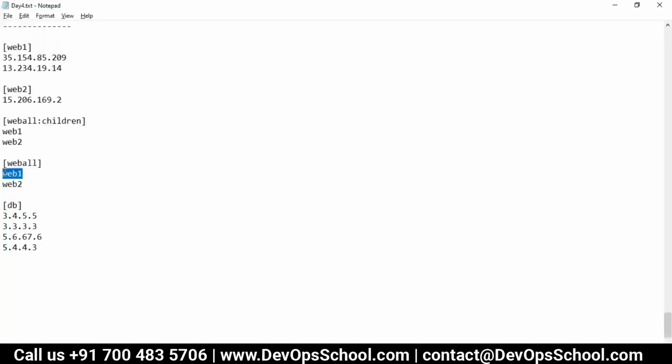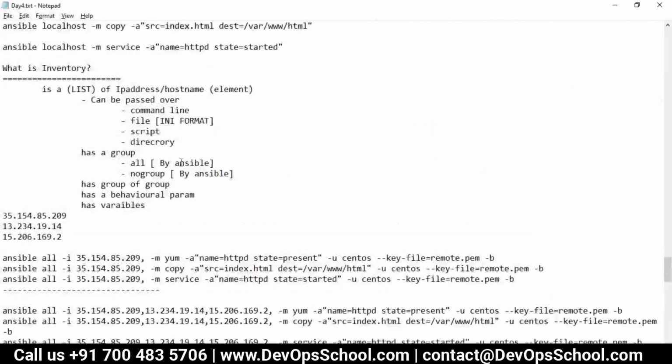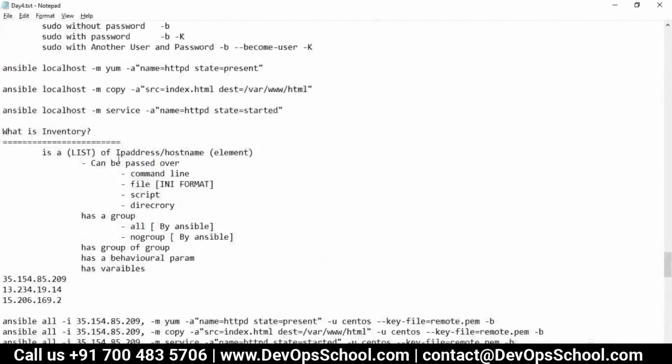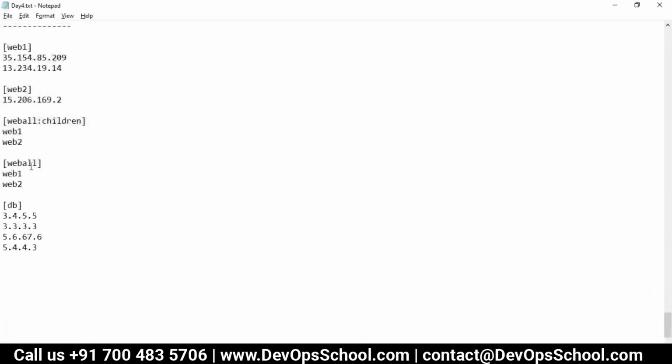Group? No. Host name. Host name, sir. I told you it can be an IP address or a host name also, right? I told you very clearly. See here, IP address and host name, correct? So understand that there's a catch. This is a group. This is the host name. But if you put children, then it requires not a host name. It requires the name of a group, a valid name of a group. So please understand this catch.